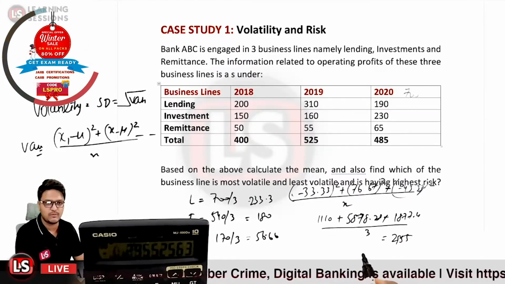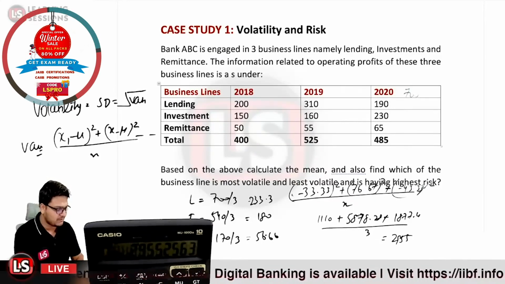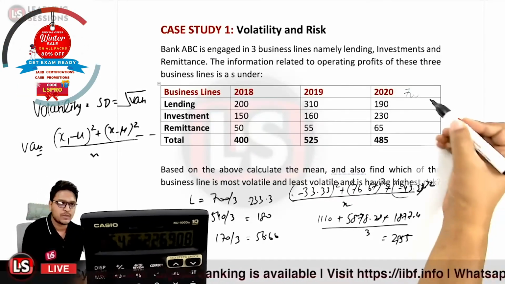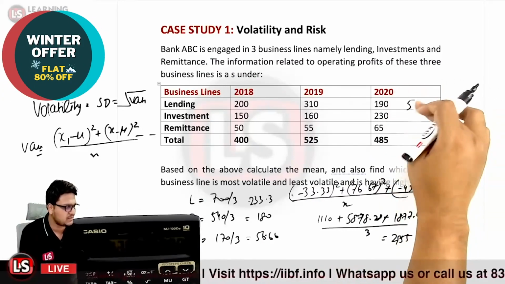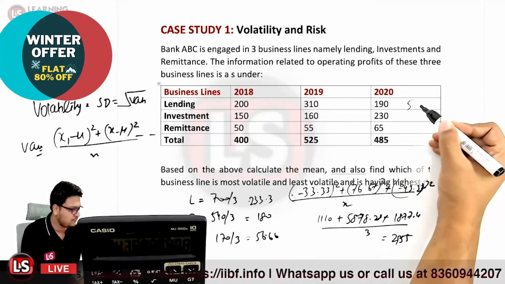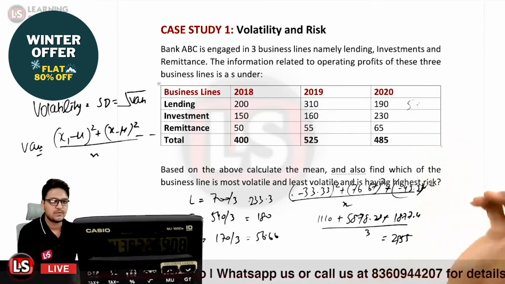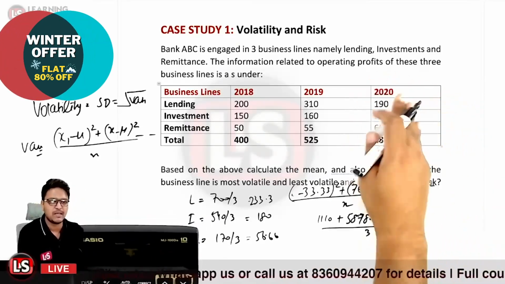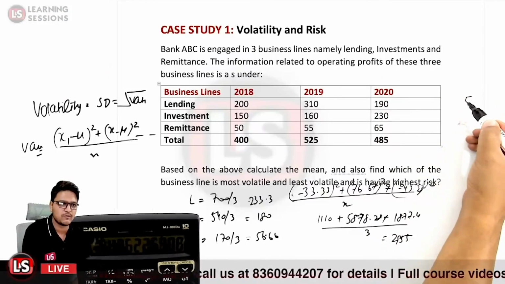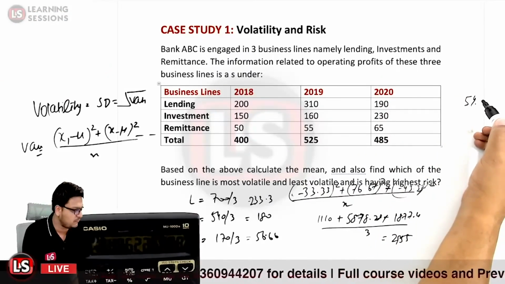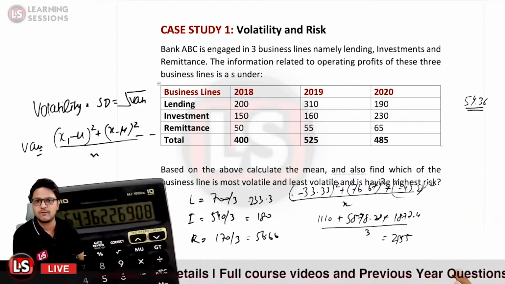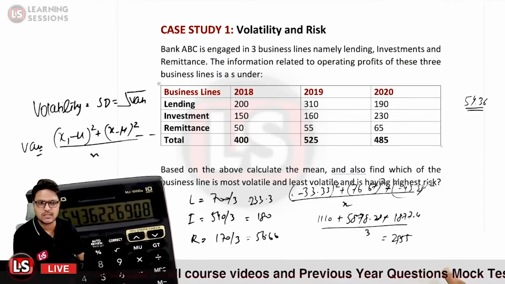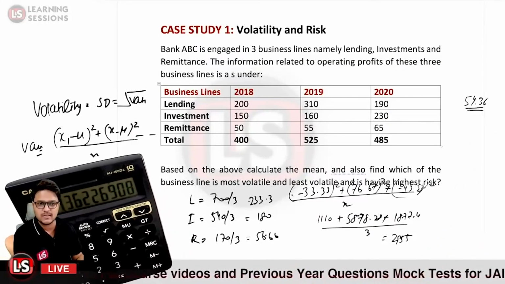So the variance over here that we calculated in this particular part is 2955, and the square root of that, so in the first case we are getting the standard deviation to be 54.36. I'm writing it over here because there is some issue related to the reflection. So it is 54.36 in this particular case, and now we need to calculate it in the same manner for